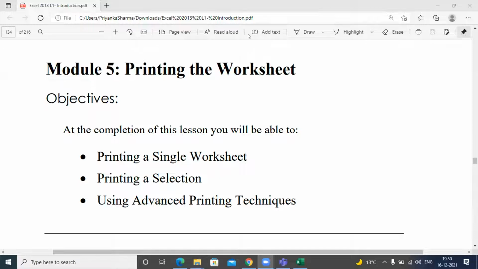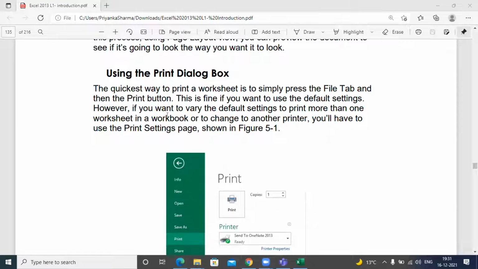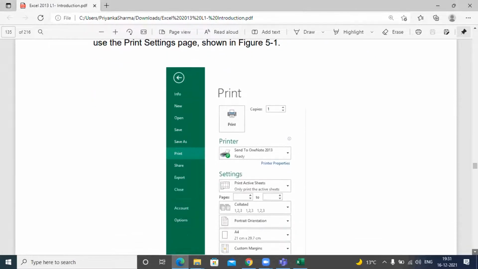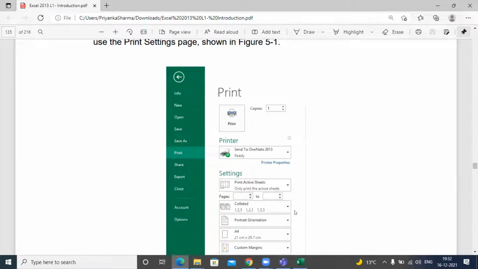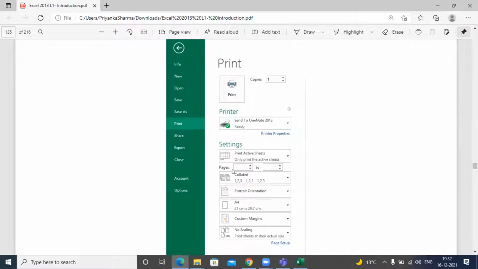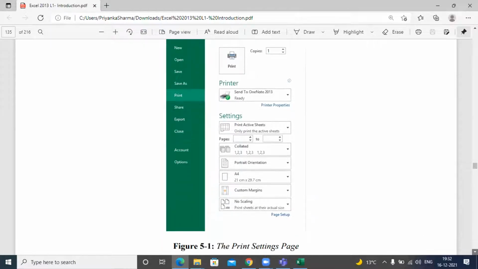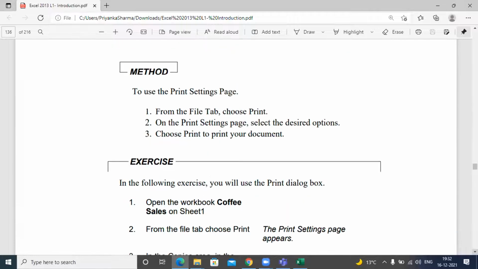So in order to print your particular sheet, you can use a print dialog box. I will show you the snapshot for the same so that it is easy for you to find. You will go to the file tab and you will see a print button option. As you click on the print button option, you will see a printer icon, the number of copies that you want to make, where do you want to print, what are the different active state sheets which are available. Here you can pass on what exactly you wanted to print on this Excel sheet.